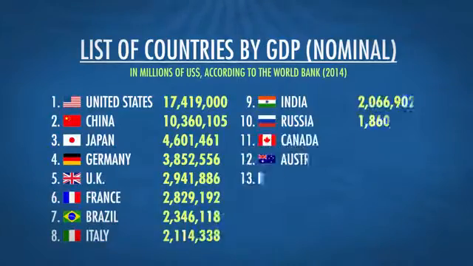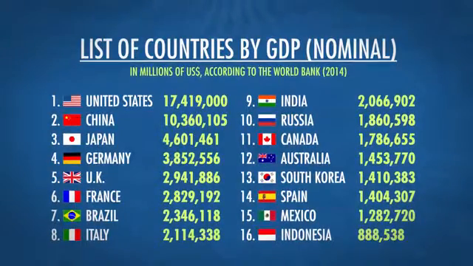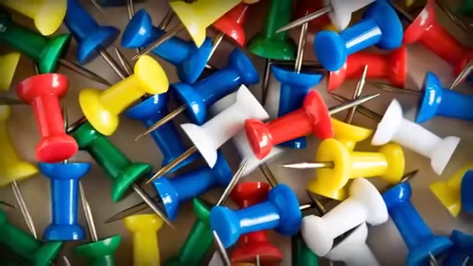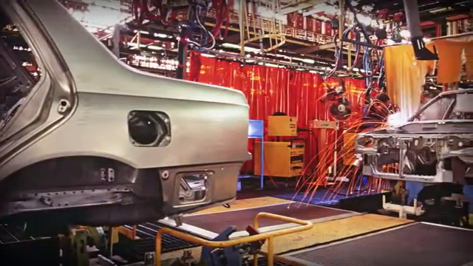Here's a list of countries organized by GDP. Notice that GDP is measured in dollars, not in the raw number of things produced. If we analyze just the raw number, then a country that produced 5 million thumbtacks would look like they're doing just as well as a country that produced 5 million cars. But there's also a problem with using the dollar value of stuff produced. It's inflation. Right? If two countries produce the same amount of cars, but one has higher prices, then that country is going to have a higher nominal GDP, or GDP not adjusted for inflation.